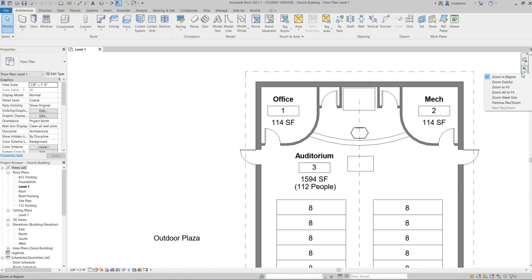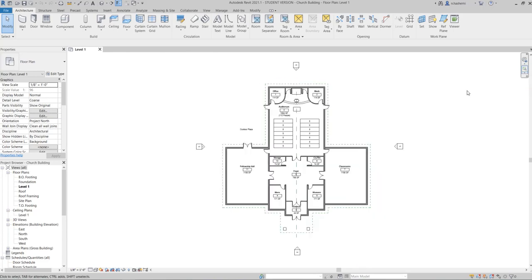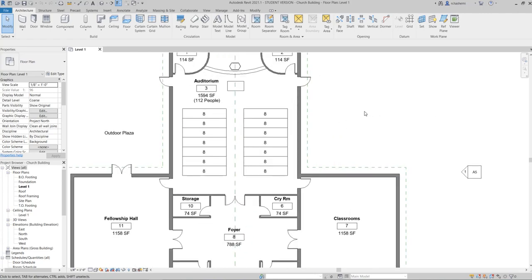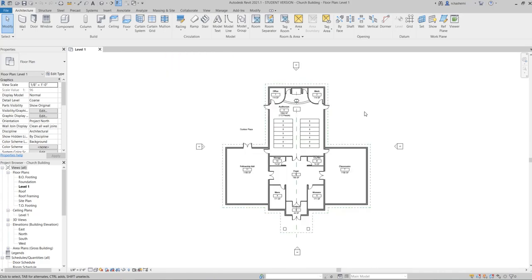We have another zoom option, which is zoom all to fit, and it's similar to zoom extend. So as you click on it, you can see all your drawings. There is another option for zoom out and zoom extend as well, and that's double clicking on your mouse wheel button. Okay.